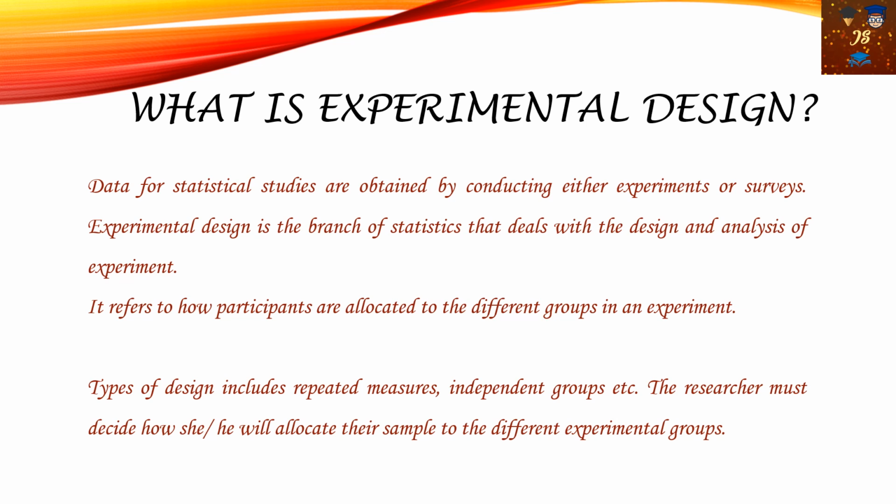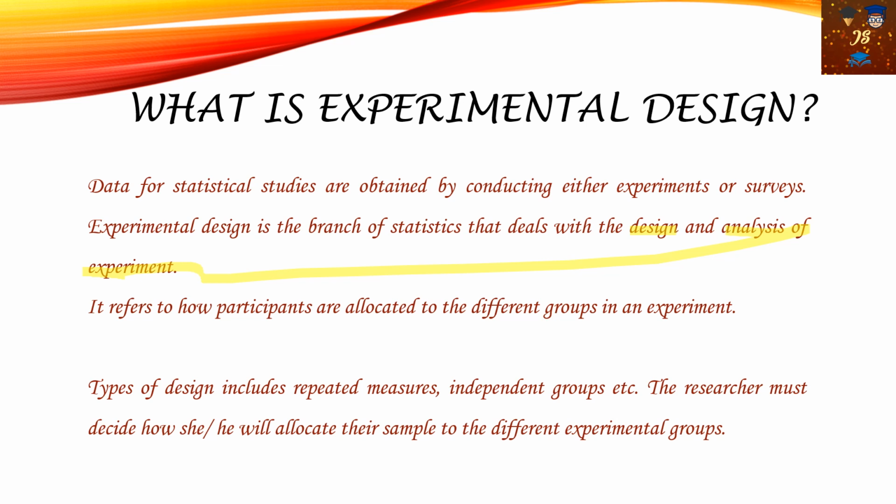Now, it's a branch of statistics that deals with the design and the analysis of the experiment. So these two are very important, that is, the design and the analysis of the experiment. That means you have to design how you are going to do the experiment. You have to opt for the laboratory experiment or you have to go for the survey method. And after doing the experiment, when you get the data, you have to analyze the data to get the